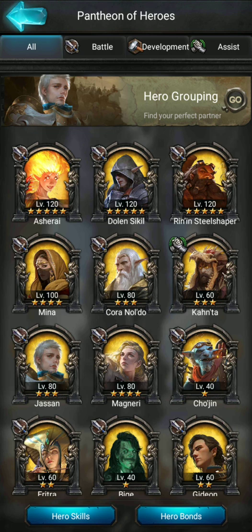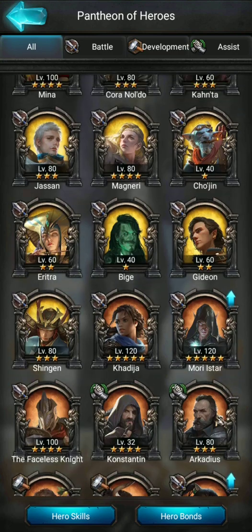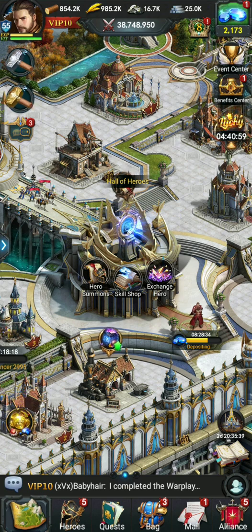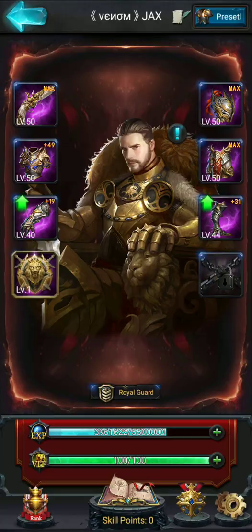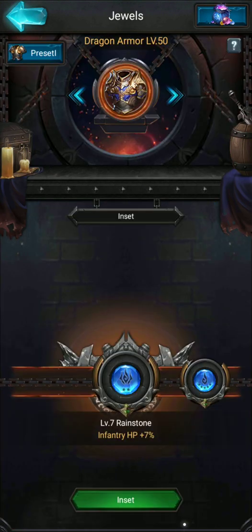Because heroes nowadays, except Gideon, anyone not named Gideon, is useless at level 80, I believe. Or 60. You could use a level 60 Gideon and still be a beast as long as you have a hero to complement him, like a high power Dolan or Faceless Knight or something like that. But yeah, now the hero combination that I gave you starting out, you also want to go to your jewels,